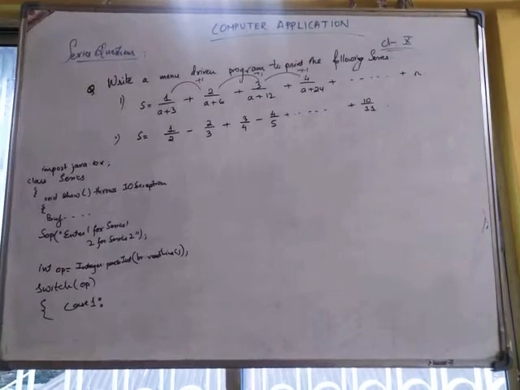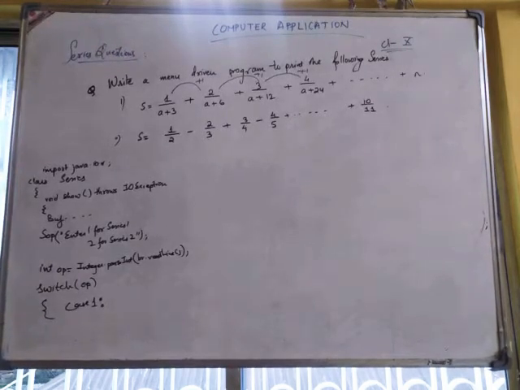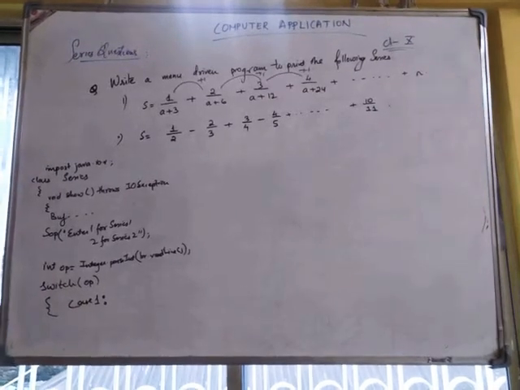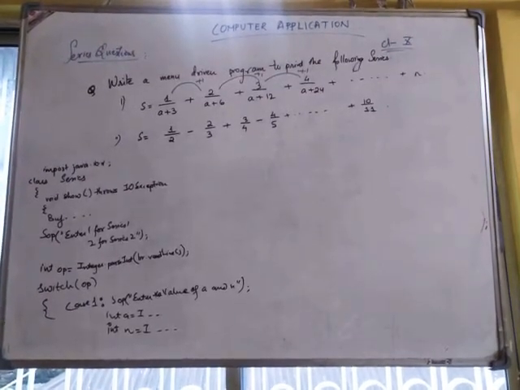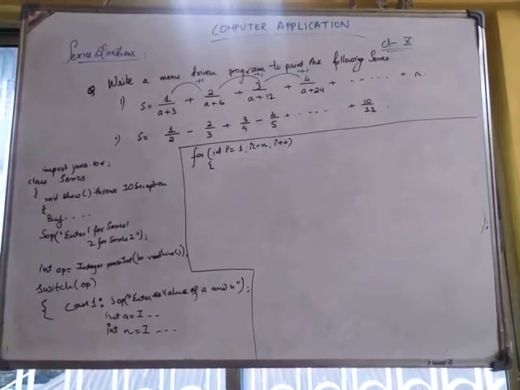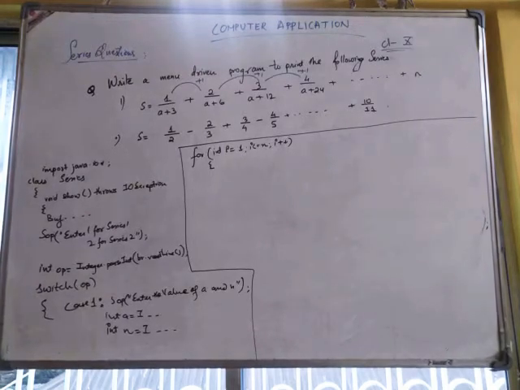Before we get into that, we have to understand: do we have any input we need to take? We have the unknown term and the first term, yes, we have a and n, so we'll ask System.out.print, enter the value of a and n. After taking the value of a and n, we have to start the loop. See the sequence which I've got, that will become your i loop. So for int i will start from 1, it will go till n. Clear, all of you? We have taken a loop i equals 1, i less than or equal to n, i plus plus.